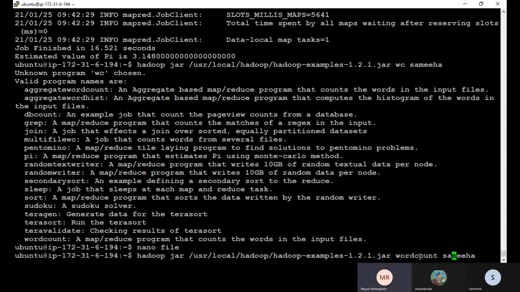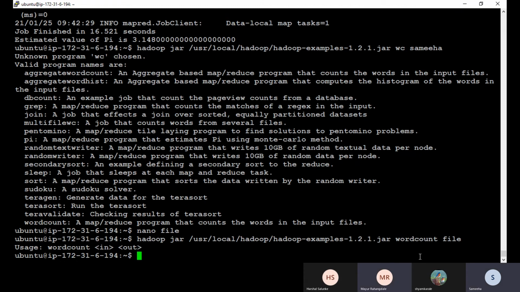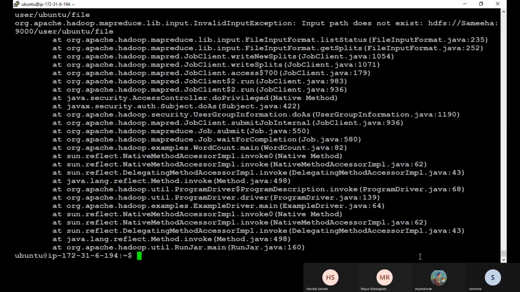One second, sorry, there is some error. You will have to put that file in HDFS, like hadoop fs -put. Put the file. Okay. Yeah.